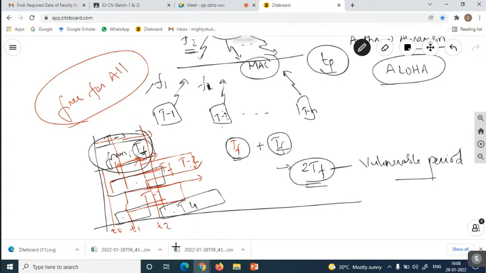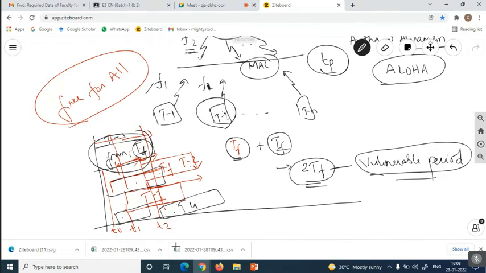For this terminal to send a frame, how much time must pass before the frame is released freely from this terminal? That much amount of vulnerable period. So it can come out of the vulnerable period for the free release of the frame from any one of the terminals for secure transmission, and again it is taking some propagation time to travel from the terminal to this particular central node. So let us take that as TP, and again to receive the acknowledgement, assume that the same amount of propagation time it is taking.